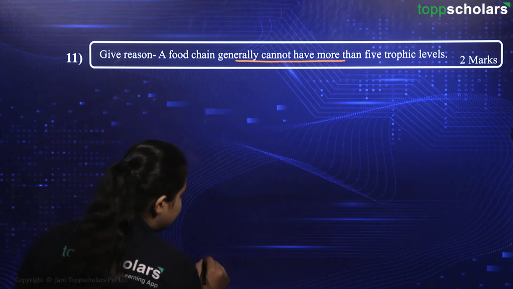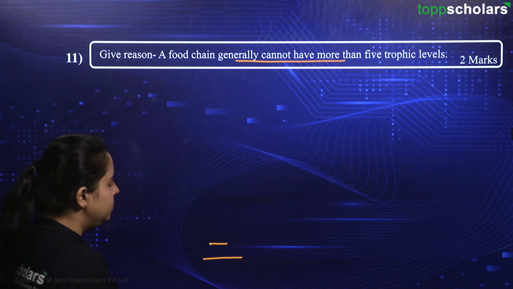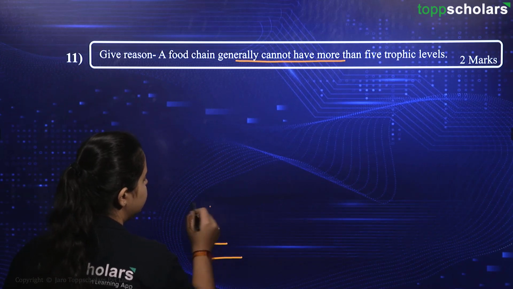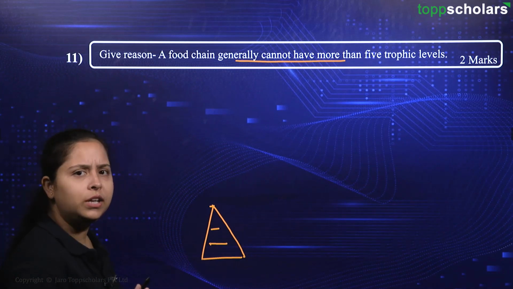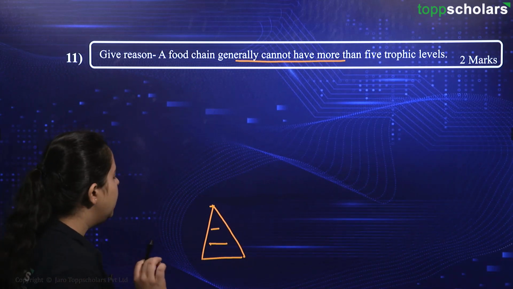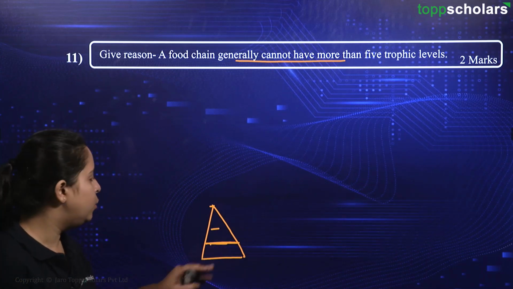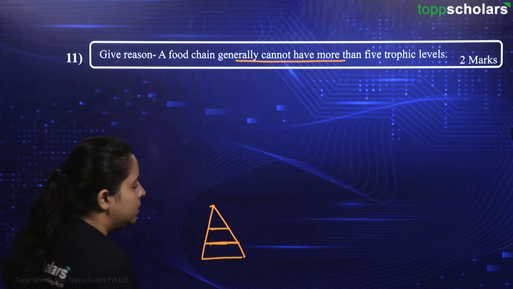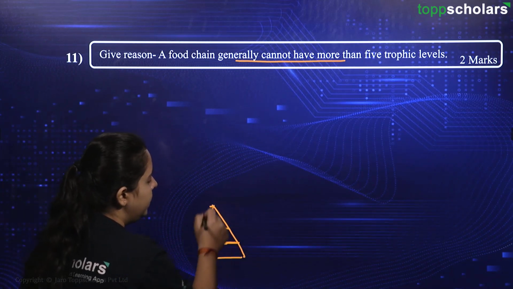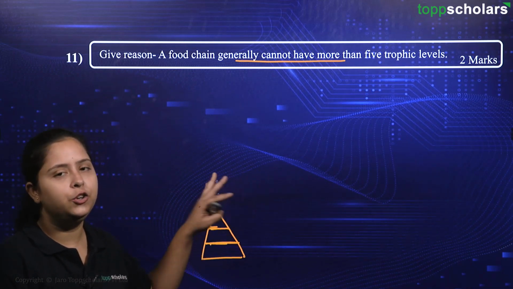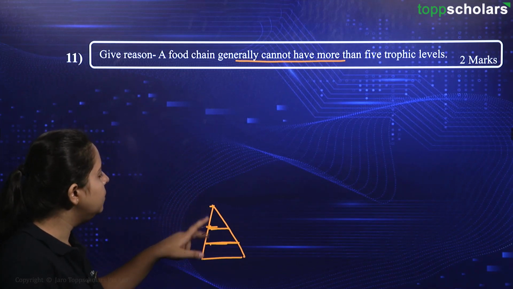Trophic levels: if I say this is the producer level, this is the primary consumer, this is the secondary consumer, and this is the tertiary consumer. If I make an energy pyramid, it will look like this for most food chains. More energy is present in the base level, the producer level. A lesser amount of energy is present in the next level, and even less in the last level. For understanding, let us consider there are 3 trophic levels at hand.